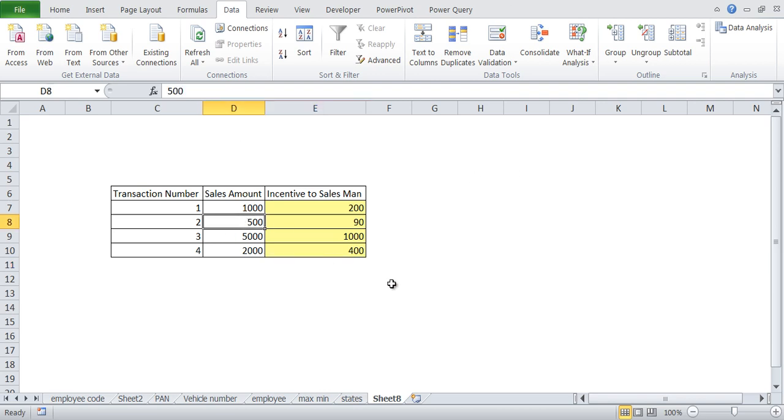However, for whatever the reason, let's say this sales amount instead of 500, later some refund had come. So the sales was done of 500 amount, and the salesman was given incentive of 90, but the customer said that he doesn't want the product fully, and let's say the sales amount was only 250. So sales amount is only 250, but see, the incentive to the salesman is still 90, right? So the data validation only works initially, when you are entering the values. However, once the values are entered, data validation does not check it again.